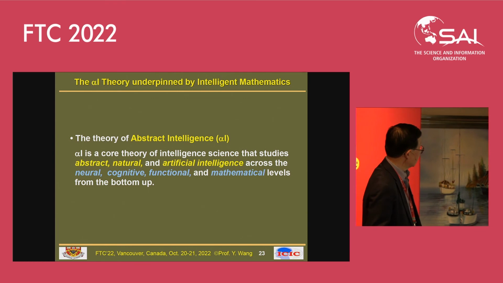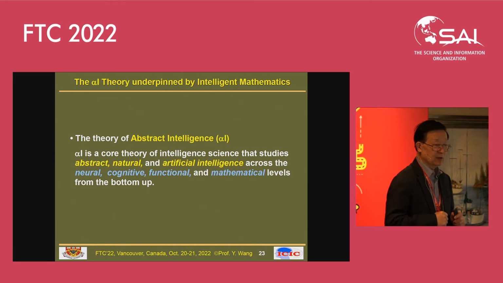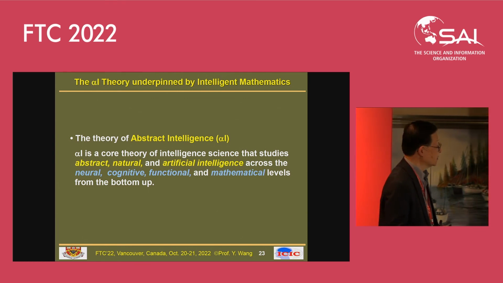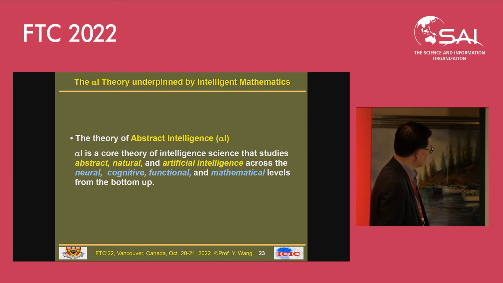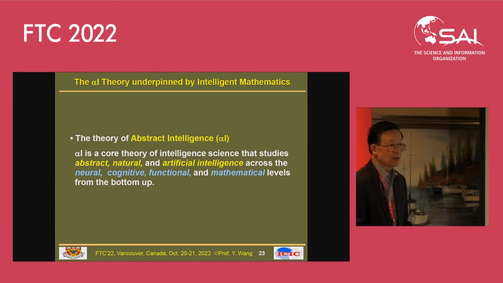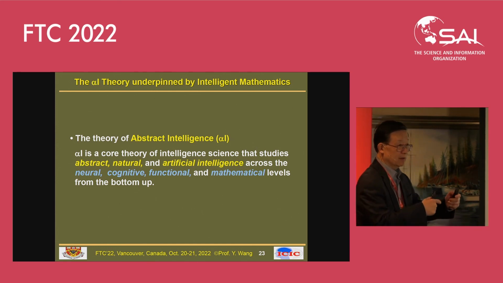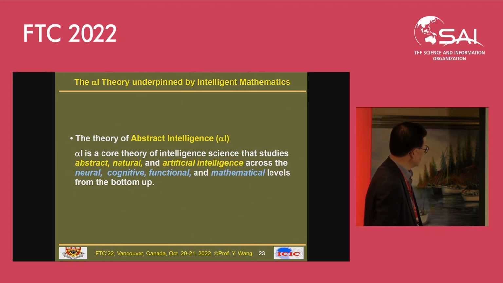So this is talking about how all the things you see here are driven by rigorous intelligent mathematics. It is not driven by programs or pre-trained neural networks. It's driven by intelligent mathematics. This is the same thing as in calculus. You see many mechanical systems. They're not driven by data or neural networks. They're driven by mathematical structure. In AI, that's the same thing.